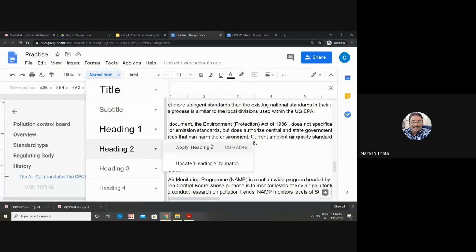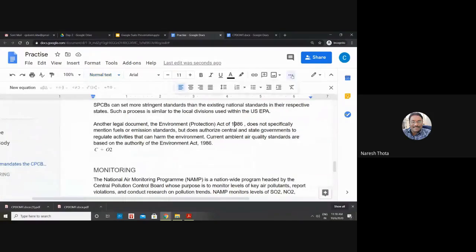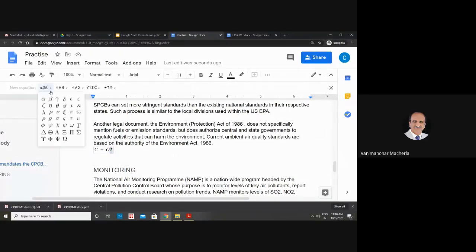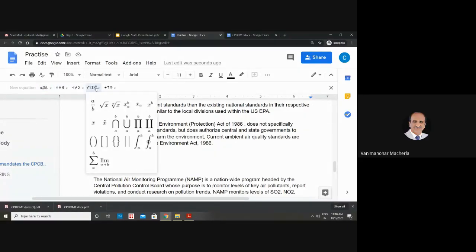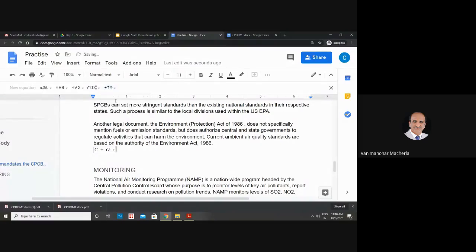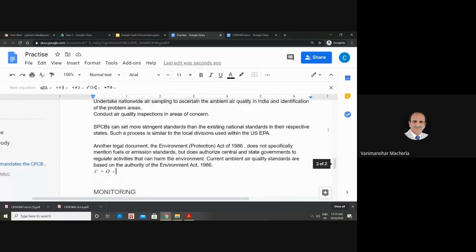I think I have to create that heading, subscript. Let me see. Is this through View? File, Edit, and View, we have to click and then do it. Yes, it is in editing mode, not View. Okay, we have to be in edit mode. View means you cannot edit the document. Let's assume I'm just writing the simple equation C plus O.